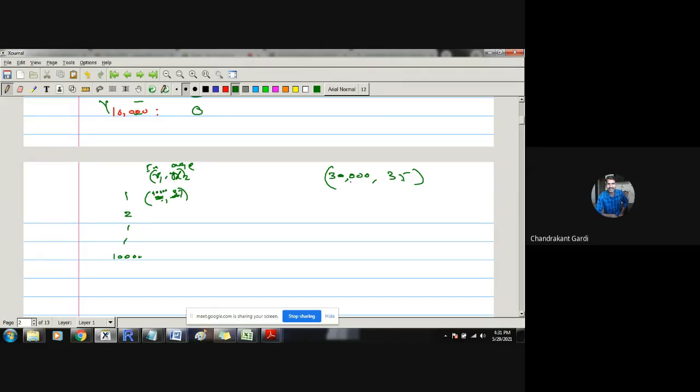37. So the distance between these two will be calculated as 30,000 minus 40,000 bracket square plus 35 minus 37 bracket square, and the square root of this. So this is a Euclidean distance between the new observation, say O, and this first observation. Once we calculate this distance, then we will move to the second, and we will complete the distances from 10,000 observations. So we will calculate all these distances. This seems tedious. Even if there are only 2 variables, calculating the distances for 10,000 observations in the data set becomes a tedious task.